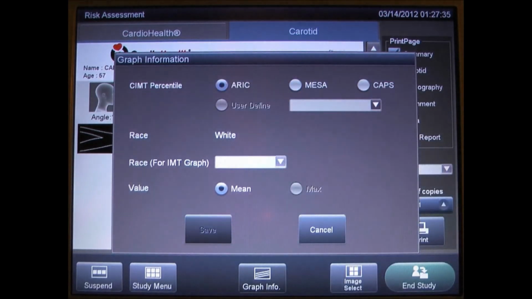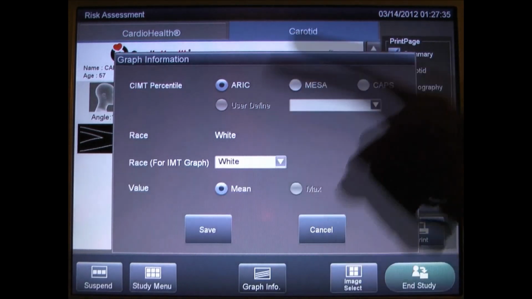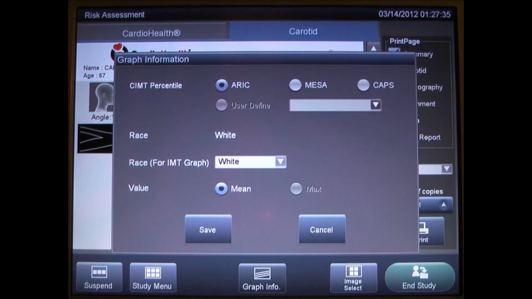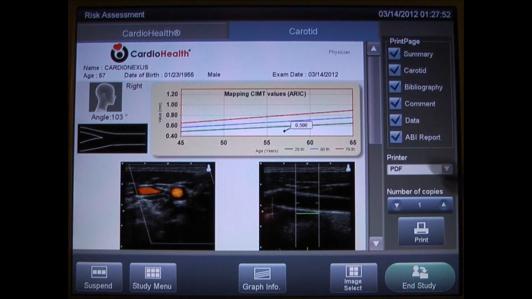Let's say you wanted to look at the ERIC set. You would then need to specify which table in the ERIC database to use, which race to use. By pressing the Save button, the report will automatically generate with that table which was selected, so you can see the table has changed and the percentile values have also changed. This allows physicians to use any table